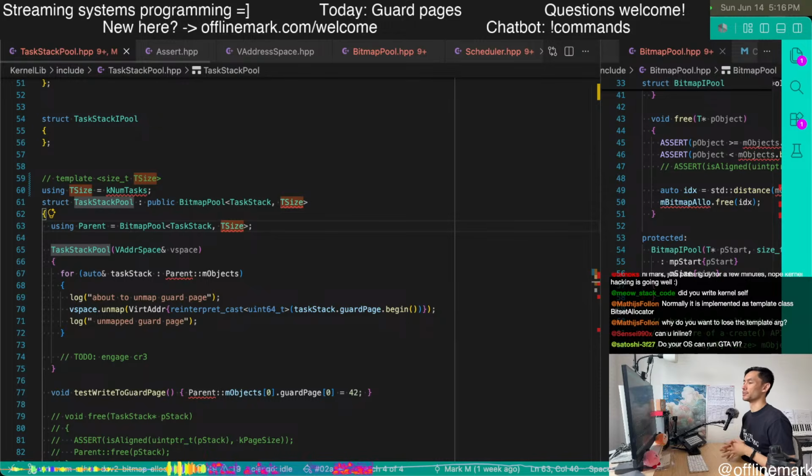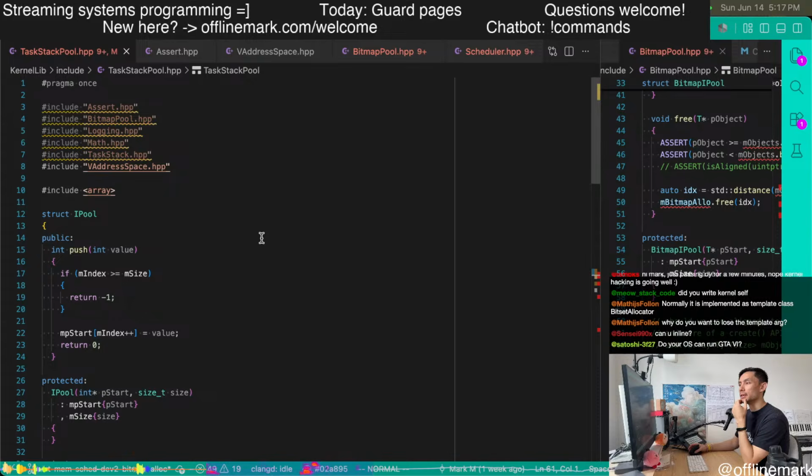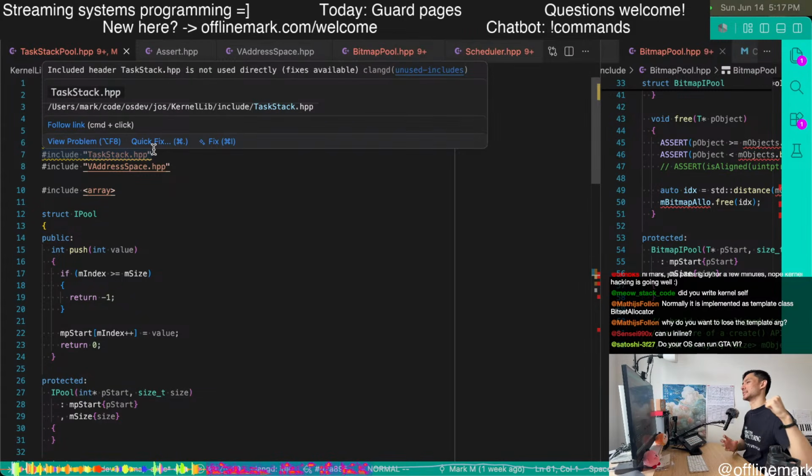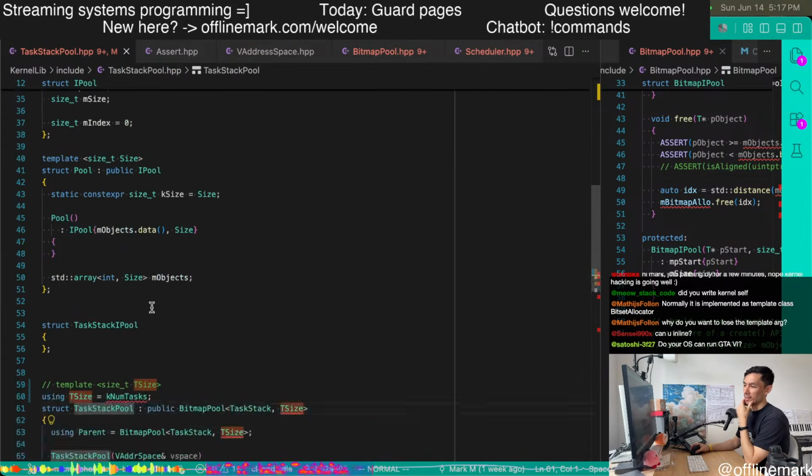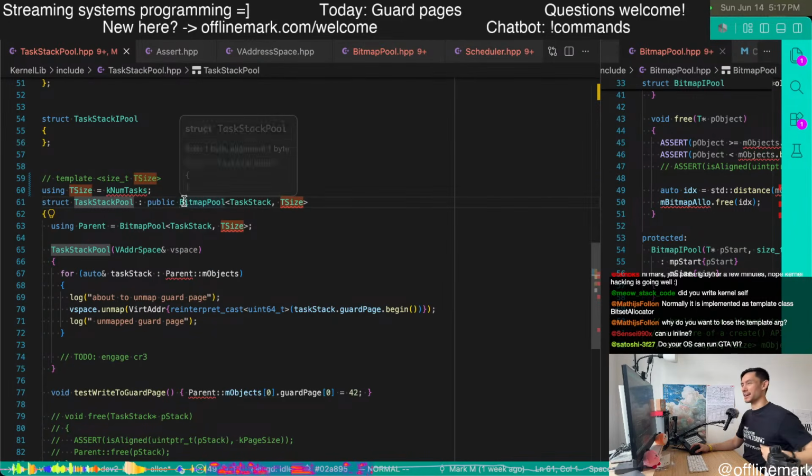Which is also not an awful solution necessarily. It's not like I really plan to have other clients of task stack pool. There really is going to be one instantiation of this task stack pool in the entire kernel, basically. But it adds an additional dependency on that one variable, which just couples things slightly closer to the scheduler and sacrifices the ability for this to be a generic data structure.